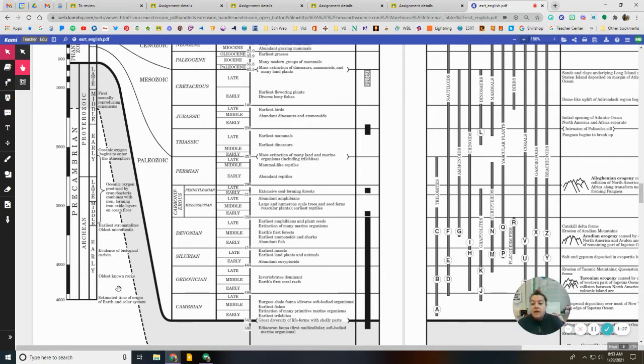Same thing. The oldest known rocks followed across here, evidence of biological carbon, earliest stromatolites and oldest microfossils. So that goes about 3,000, I'd say about 3,300 million years ago that happened. Then you have this chunk of time right here where the oceanic oxygen started to increase. So this started to create some different things. Oceanic oxygen began to enter the atmosphere. So the oxygen actually left the oceans and started to get into the air.